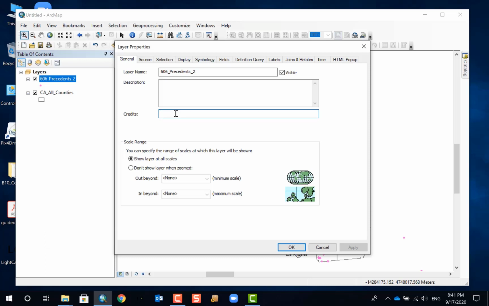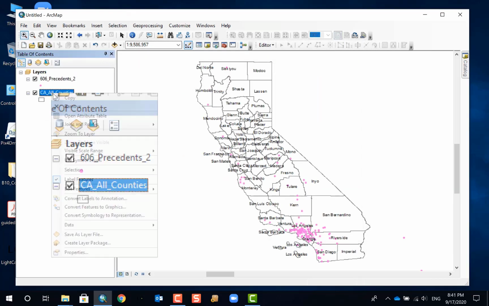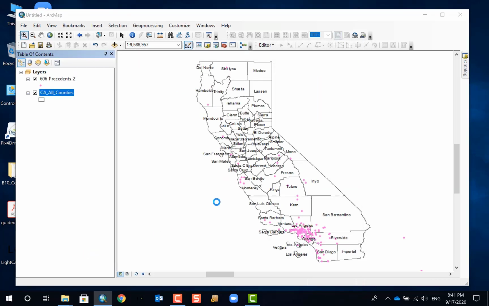So I would just put in the description: this layer contains the Western database and the location of the previous 606 projects. Alright, let's say I give a very simple description, and then you have another layer. You have to do this for all your layers,